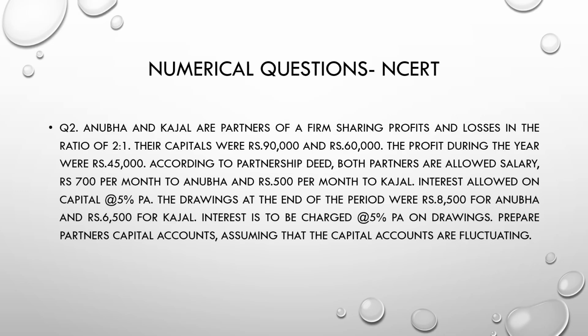This is question number 2 of the NCERT book. Anuba and Kajal are partners of a firm sharing profits and losses in the ratio of 2:1. Their capitals were rupees 90,000 and rupees 60,000. The profit during the year was 45,000. According to the partnership deed, both partners are allowed salary, rupees 700 per month to Anuba and rupees 500 per month